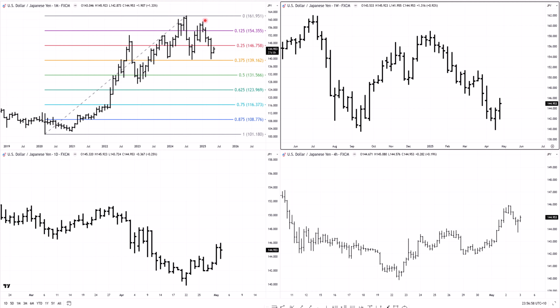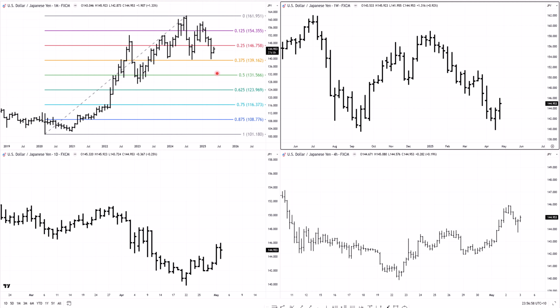The question, of course, is where do you get in? This monthly swing down is a fair bit larger than the last monthly swing down, which was this little outside bar here. So at some point, it is going to have a pullback there. If I was looking to trade this market, personally, I'd be looking for a pullback on the monthly swing, whether that happens now or whether it breaks through here and then has a pullback later.